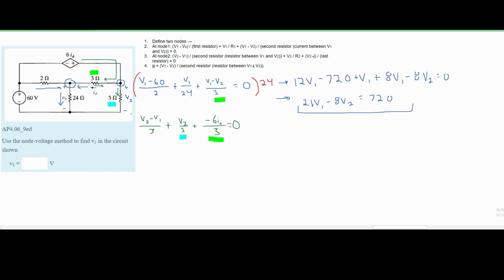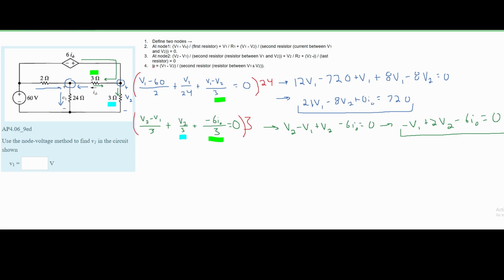To simplify this, we are just going to multiply everything by 3. If we do this, we can then simplify it again and get a negative V1 plus a 2 V2 minus a 6 I naught. And this is equal to 0. So this is our next equation. For our first equation, we can modify this a little bit. We can scoot the right side over, and add a plus 0 I naught,